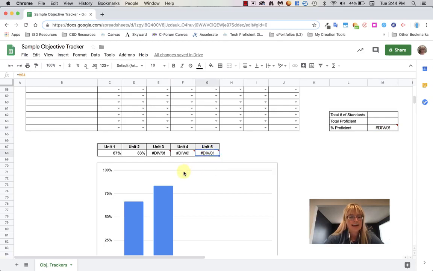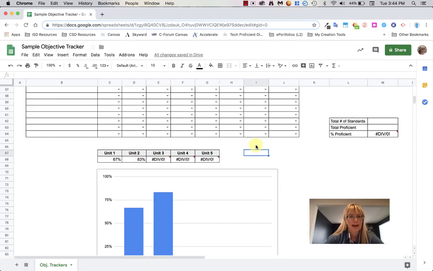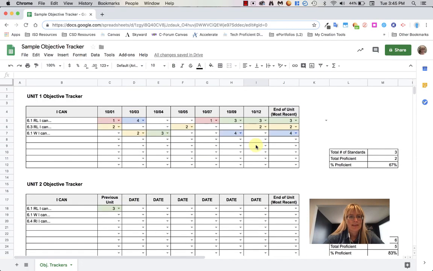The very last thing I added was a chart, and I highlighted that table, did Insert, Chart, and Google Sheets created it for me automatically. The great thing about this is if I keep it empty and don't fill in any specifics, I can create a force copy for students so they can have their own copy and fill it out with guidance as we go along. I can do this by going to Share,